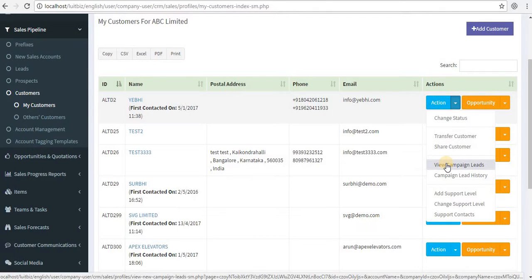If you have bought the marketing module, you can see these two links where you can view the campaign leads and the campaign lead history pertaining to that customer, which has been entered by your marketing team via the marketing module of LuitBiz. And if you have bought the support module of LuitBiz CRM, then you can see these 3 links. Now in these 3 links, you have the opportunity to add support level. Now some support levels have already been defined in the support manager module by your support manager. So you can add those support levels and give access to your customers based on the support level,